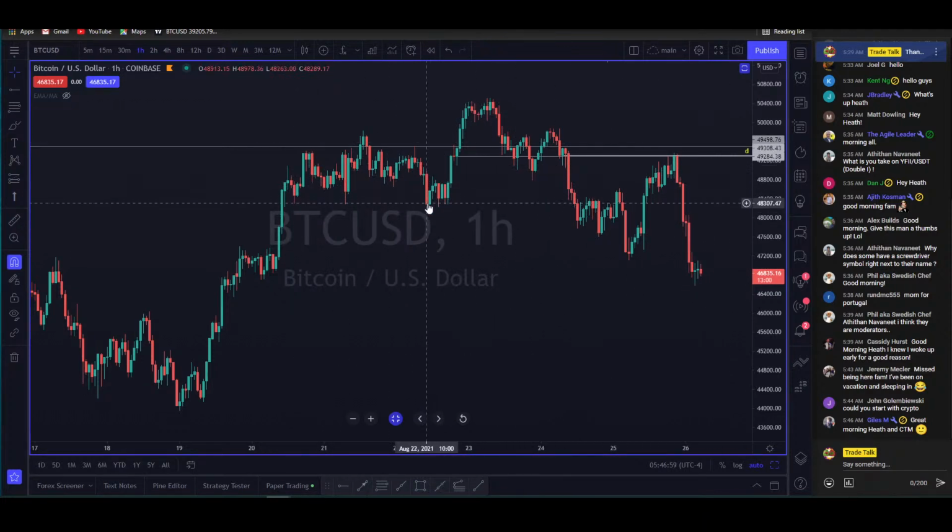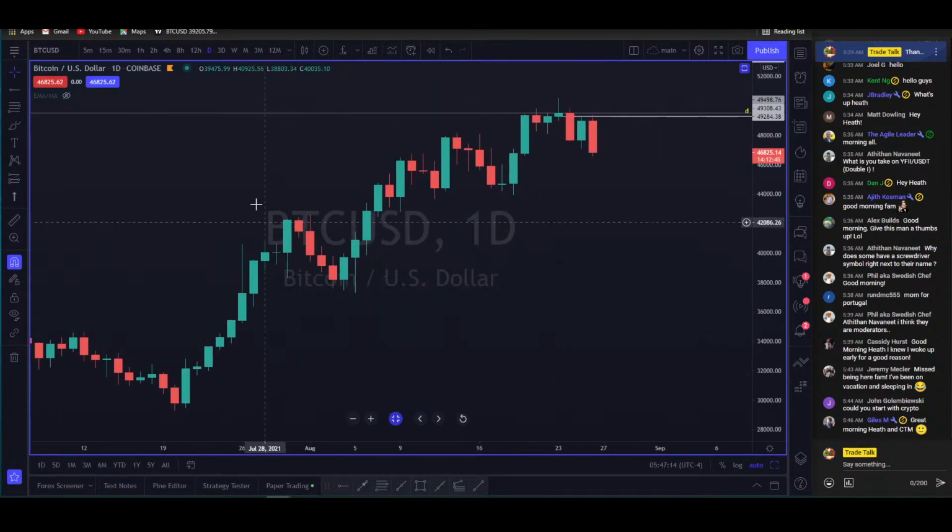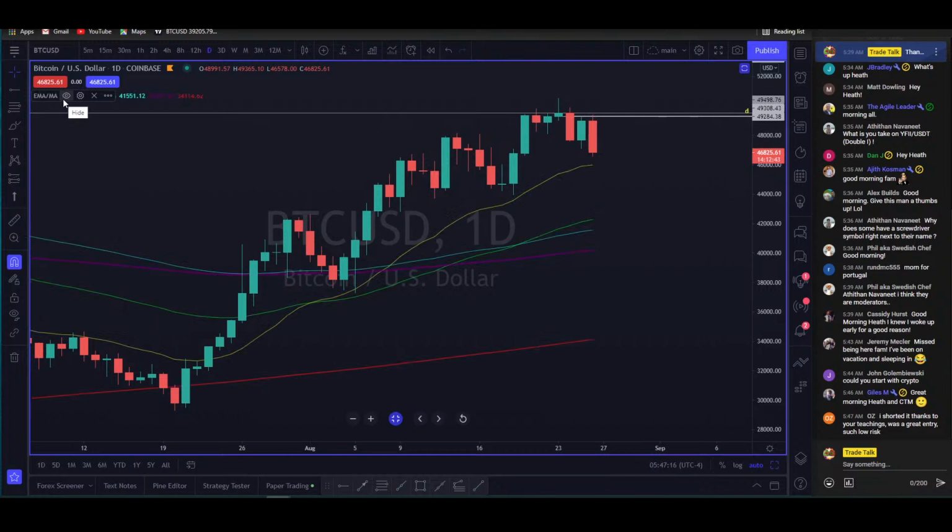Here was an hourly support. Took that out, right? Got a little bit of choppy action. Traded up to that level. And then see ya. Sayonara. So Bitcoin looks like it wants to find a little bit more of a pullback. That's okay. It still looks good, right? As far as longer term positions are concerned.